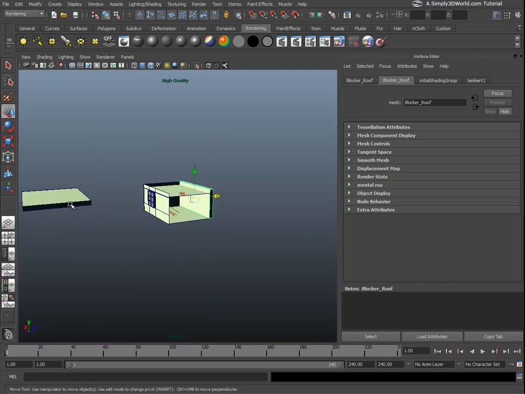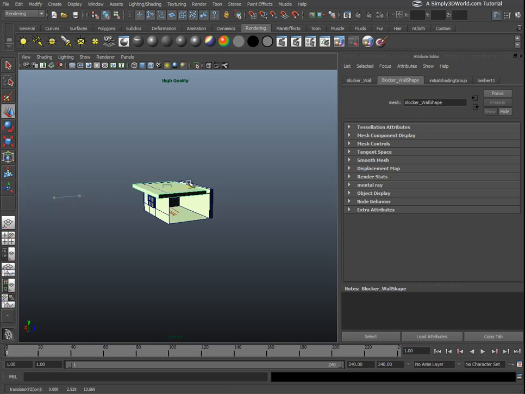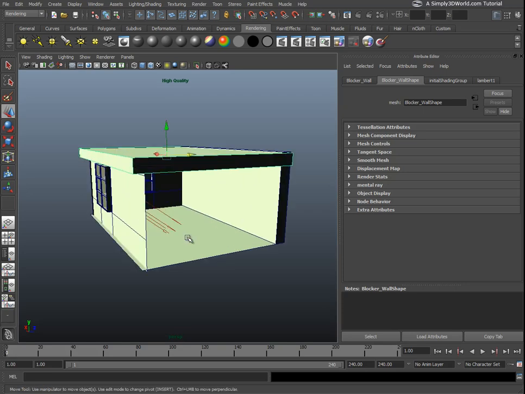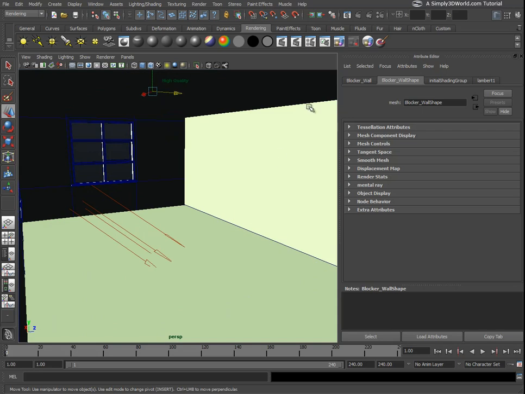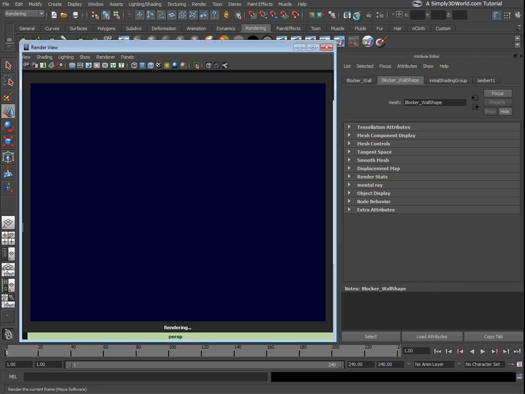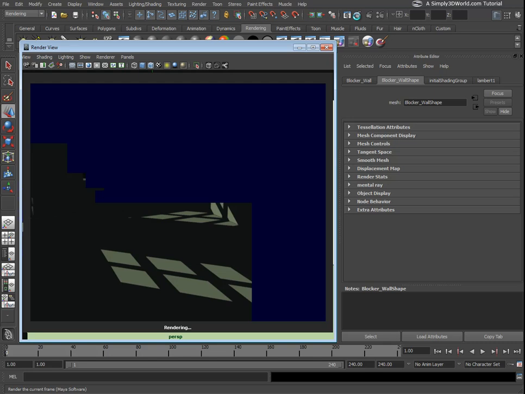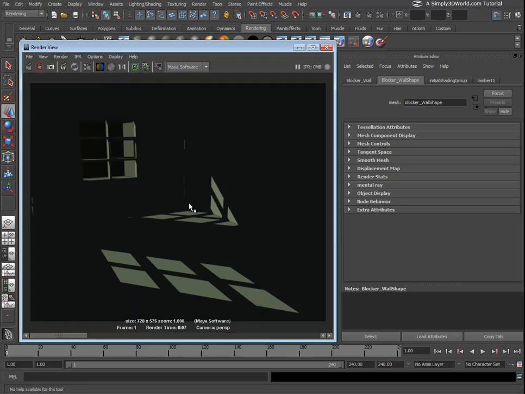So I've got a second blocker here. If we move this one in, you should be able to see quite a bit of a difference. If we render this now, you can see here now the whole roof is completely blocked off as compared to here,